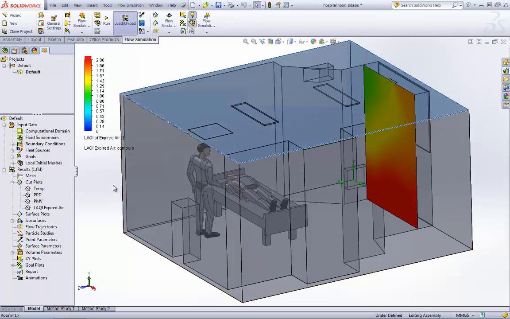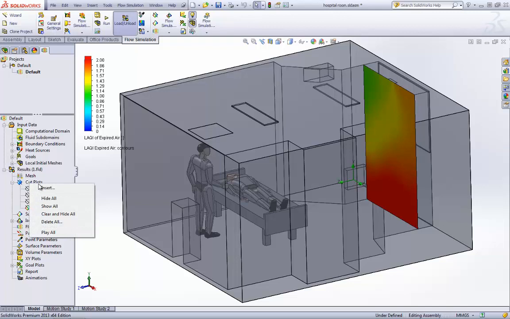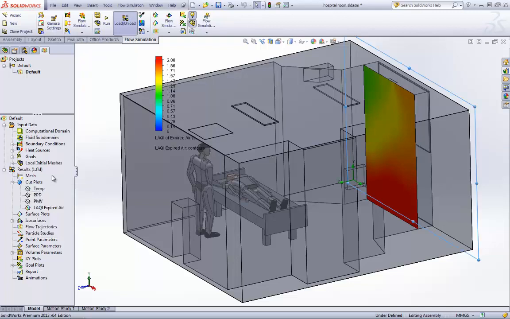Okay, so just like everything else in Flow, you can really do as many cut plots as you want. We can do surface plots of any surfaces in the room. We can take temperatures or any of the comfort parameters in here. We can do that very, very easily. Just to set one up real quick, if I insert a cut plot,